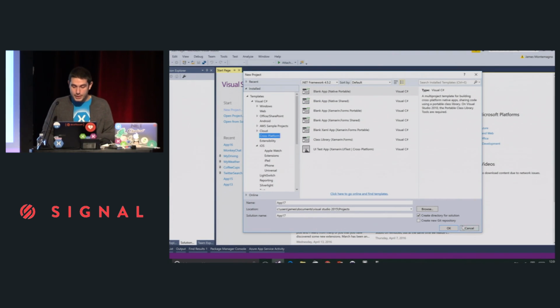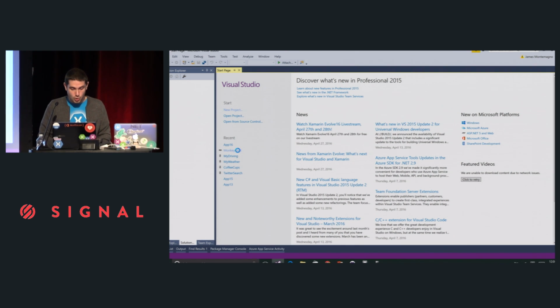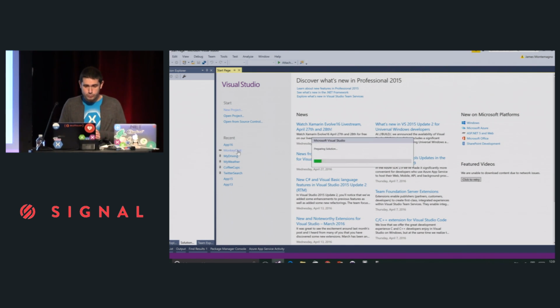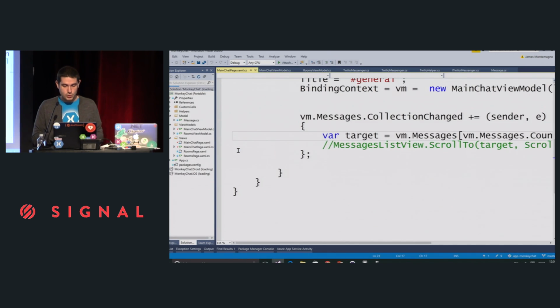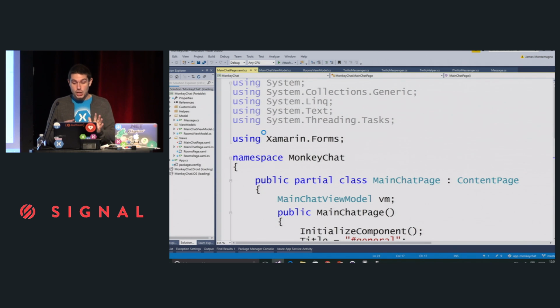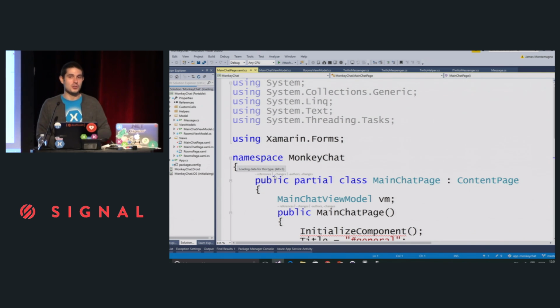So I've already started building out the Monkey Chat applications. I'm just going to go ahead and open up the solution. This application will be open source after the session. I'm going to strip out a few things so you can build some stuff up. And I made the text huge. It's absolutely huge because, can everyone see that in the back of the room? Good, yeah. Not only did I set it to the largest font possible in Visual Studio, but then I maximized it by 115. So perfect.